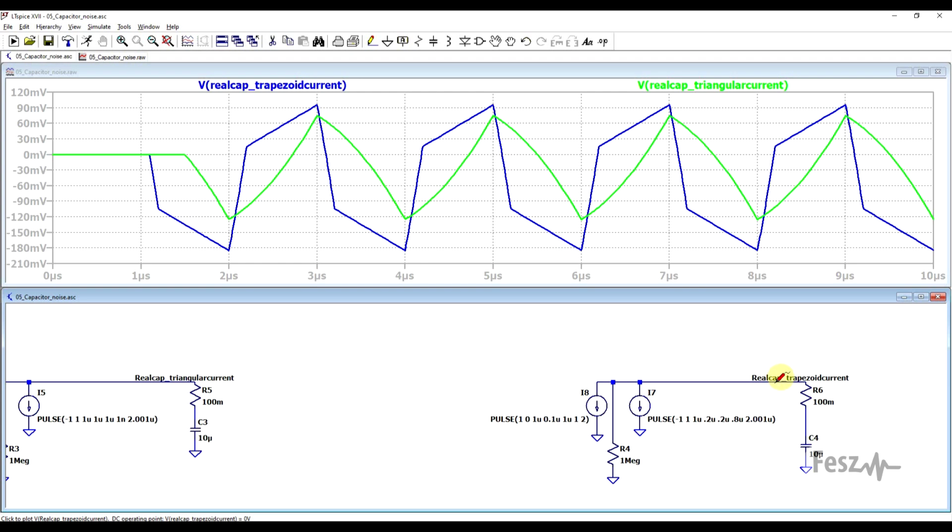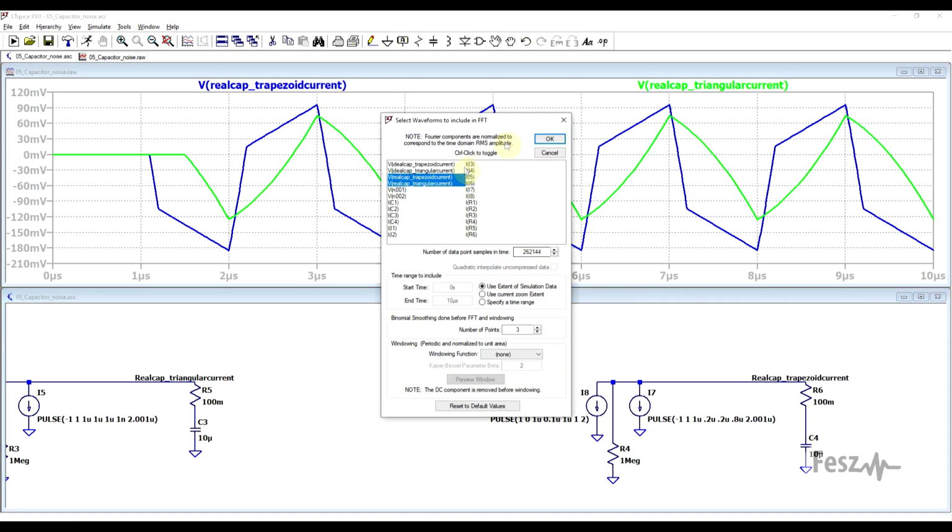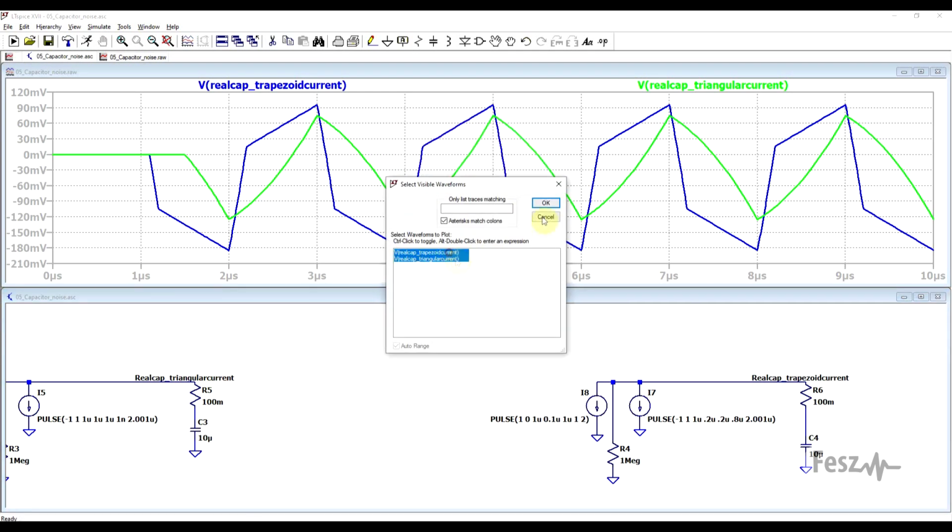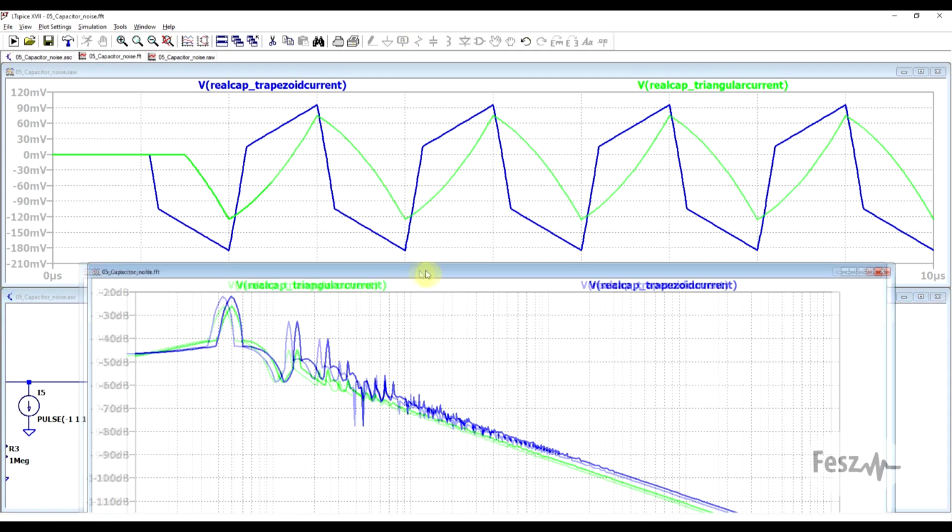Now, while the trapezoid current is still more problematic than the triangular one, the key insight here is that the more ESR the capacitor has, the larger the noise amplitude becomes, and more complex in its spectral content. And since the ESR will never be zero in a real component, this is quite an important topic to keep in mind. So finally, we can just check the spectral content of both of these waveforms, and see that other